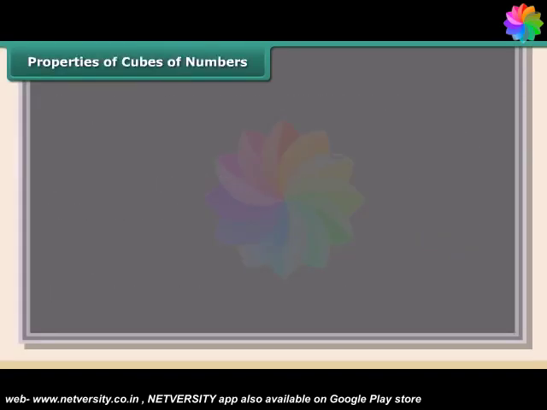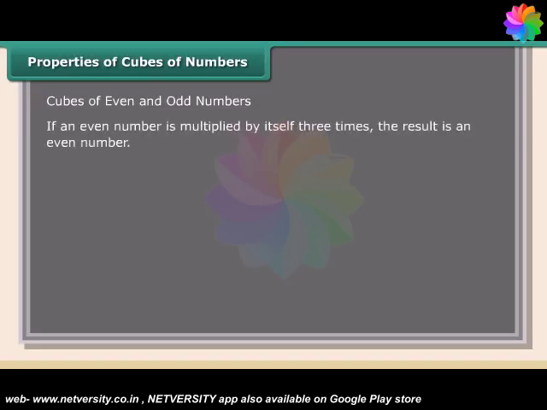Properties of cubes of numbers. Cubes of even and odd numbers. If an even number is multiplied by itself 3 times, the result is an even number. Examples. 2 into 2 into 2 is equal to 8. 6 into 6 into 6 is equal to 216. 12 into 12 into 12 is equal to